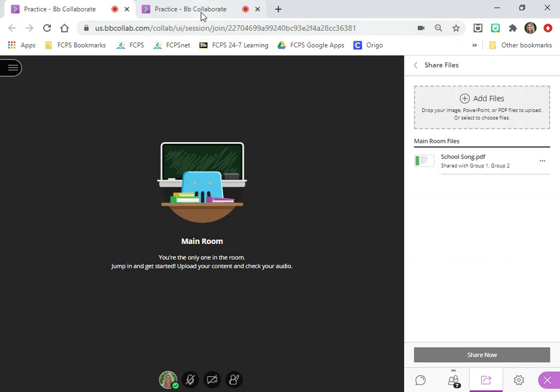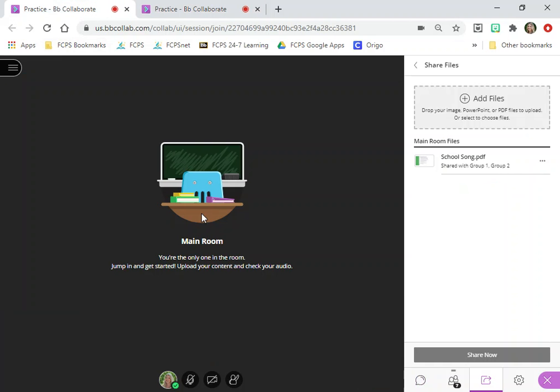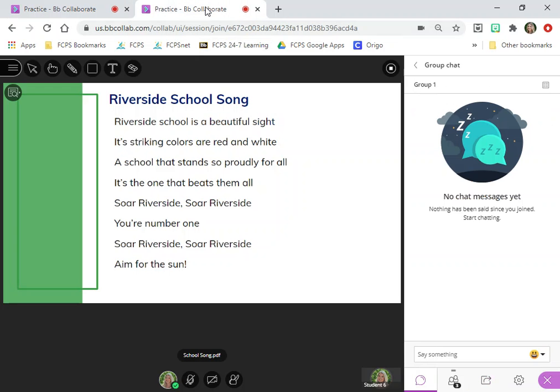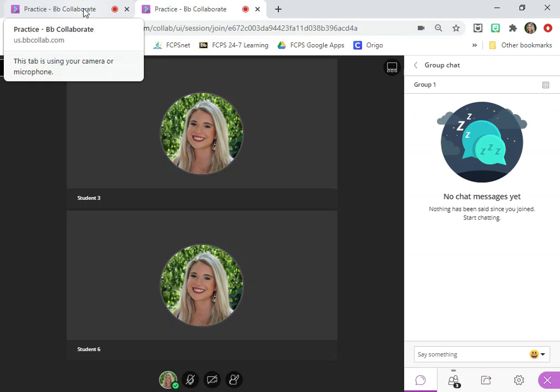And if I go into one of my student screens, I'll see that in group 1, they can see the content on their screen, but in the main room, you can't see it. So if I were to choose to share it with only group 2, my student in group 1 would no longer be able to see it,